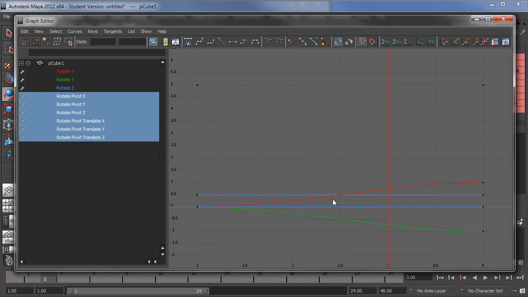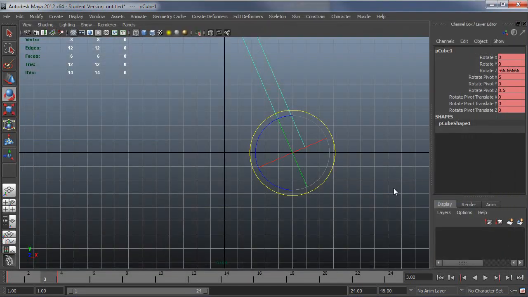There's interpolation happening across these channels, and we just want them to be stepped. So we just want it to stay at this until we get to the next key. So again, I have all 6 channels selected, and I'll just change that to stepped. And there you can see there's no interpolation. It just stays at one value until it gets to the next key, and then it switches to that. Okay, so now that takes care of our problem, so that the object never sinks below its pivot point